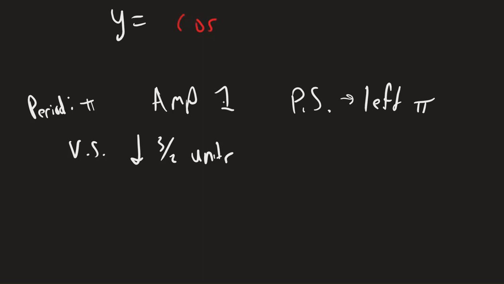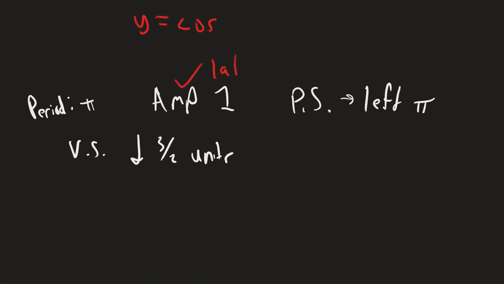If we want the amplitude to be 1, the amplitude is the absolute value of A. So in front of cosine, I need either a 1 or a -1. Either one technically makes that true. And since it's 1 cosine, just like with 1x, we can just assume it's 1. So I've got that taken care of here